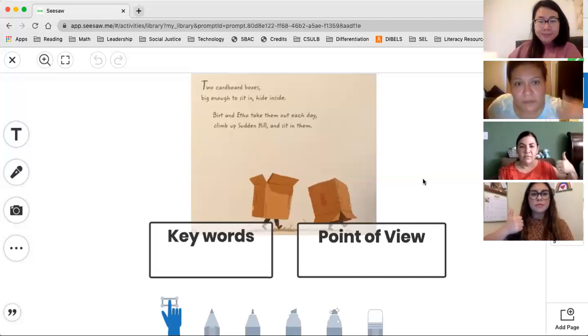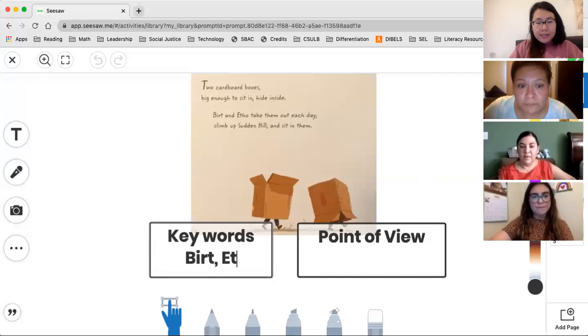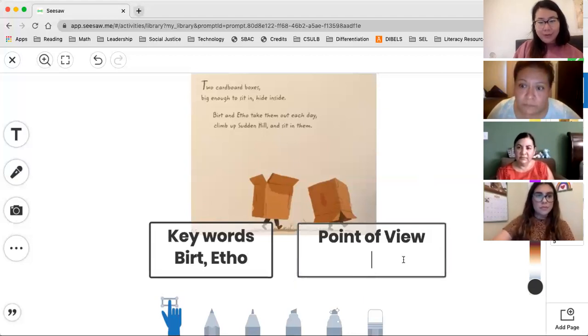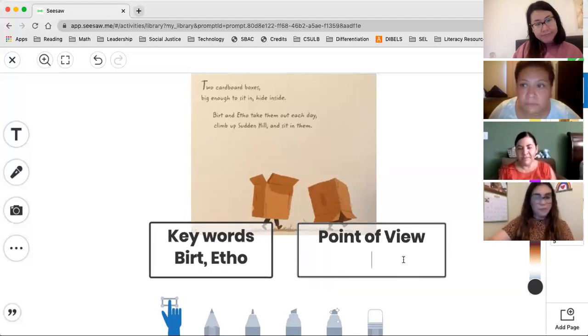Ms. Rosales? I remember you said names is a new one, so Bert and Etho. Awesome. Bert and Etho are the names that are mentioned in this text. Now, this is the tricky question. Who is using that pronoun, or who is using that word, those names? Ms. Hernandez? Well, it can't be Shu because he's not in this part of the story. And Bert and Etho are not actually the ones talking to each other. So I'm going to guess it might be the author who's starting to tell the story about those two. Very good observation, Ms. Hernandez.